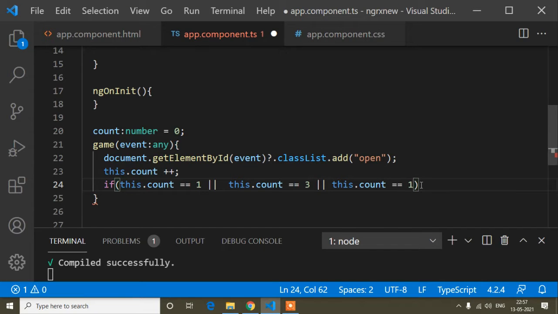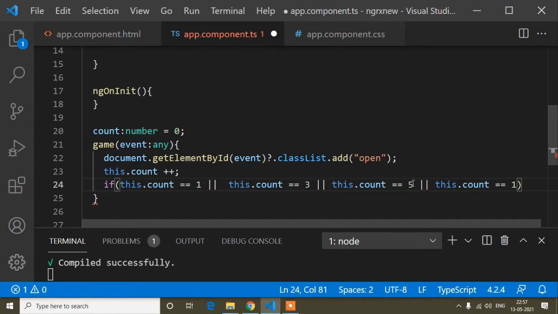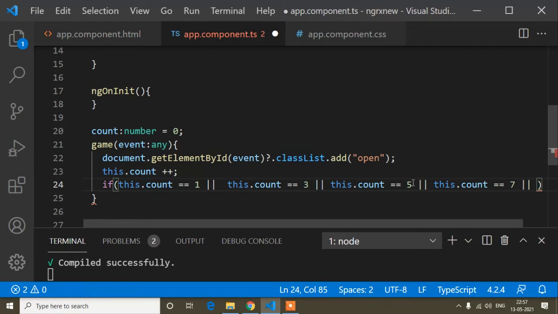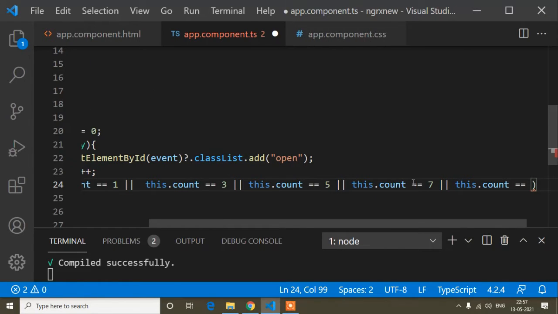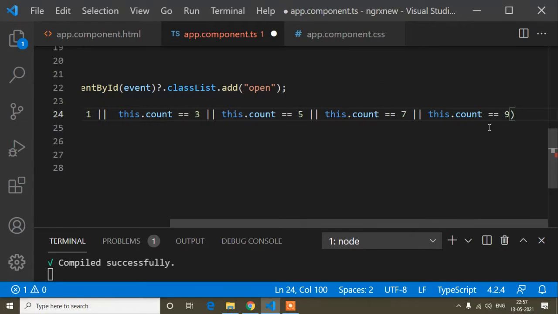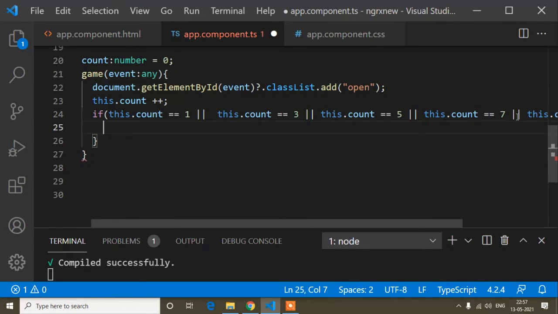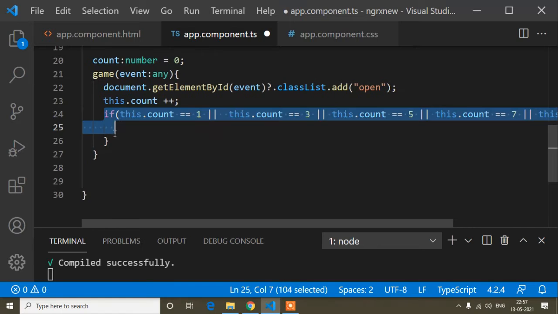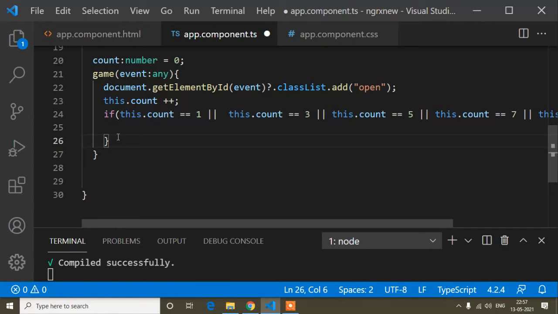So 1, 3, then 5, then 7, and up to 9. Okay, and now here I have to write curly braces, and the same way I will write another if condition.